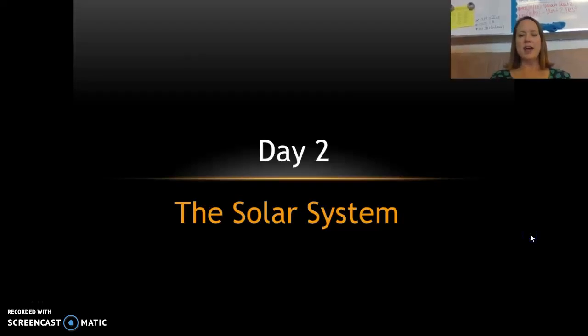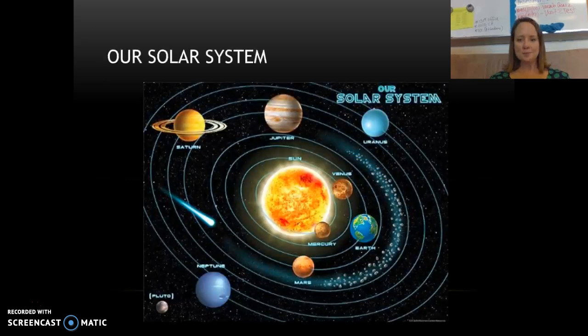Today we'll be looking at the solar system. In the last lesson, we looked at the universe as a whole, how it's broken into galaxies. Galaxies are made up of stars, and some of those stars have planets that orbit them. So looking at our solar system, which is the sun and the planets that orbit it, there are 8 planets